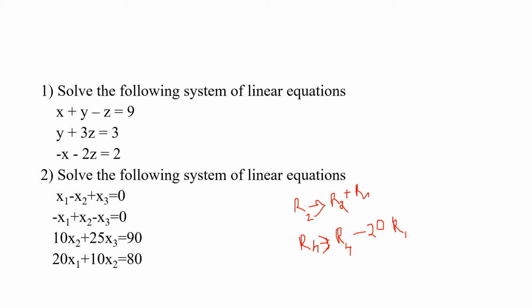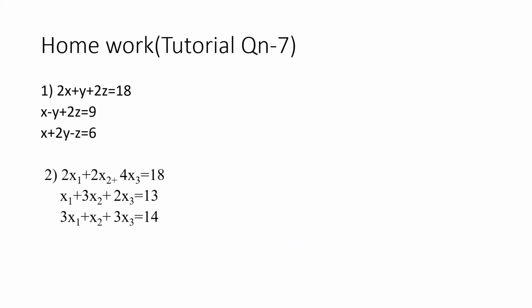In both the cases we first write the augmented matrix, then convert the augmented matrix into an upper triangular matrix, and then form two or three equations, then using back substitution find the values of the unknowns. This is the first tutorial question that you have to try from the fourth module. Write it in your tutorial notebook and submit when asked.